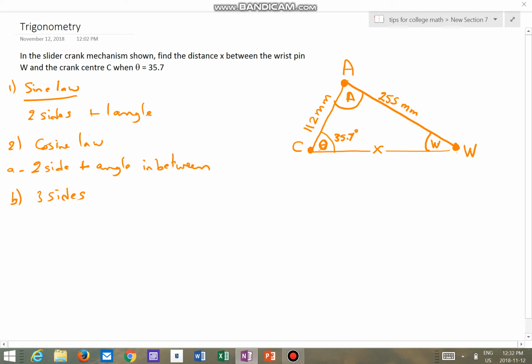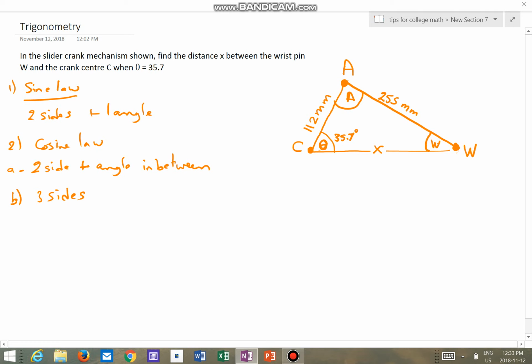Today we're going to work on oblique triangles. I have a question here. I will read it with you. In the slider crank mechanism shown, find the distance x between the wrist pin W and the crank center C when theta equals 35.7. So basically I have this length AW is shown, AC is also shown, and the angle